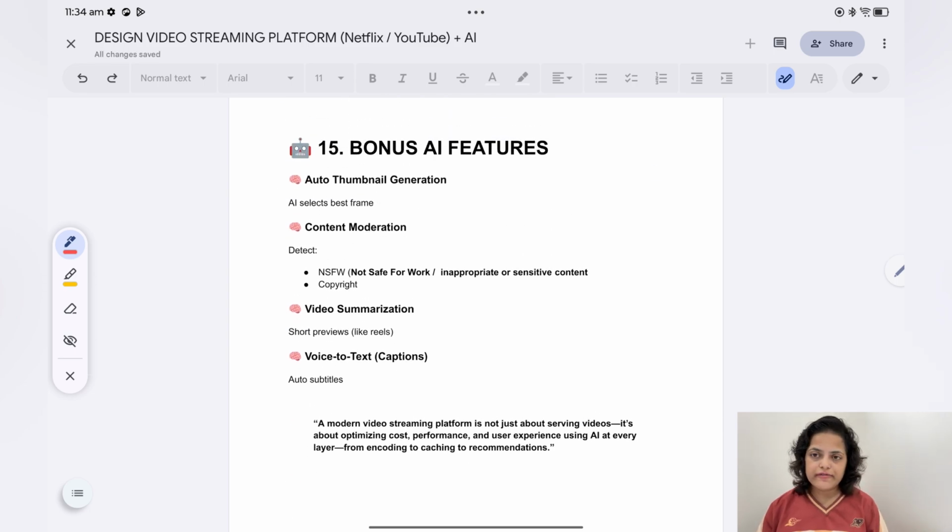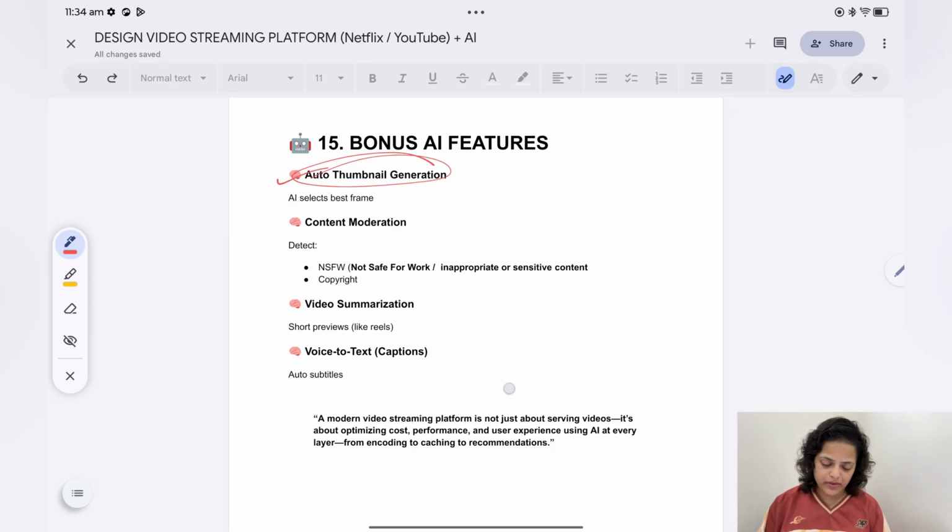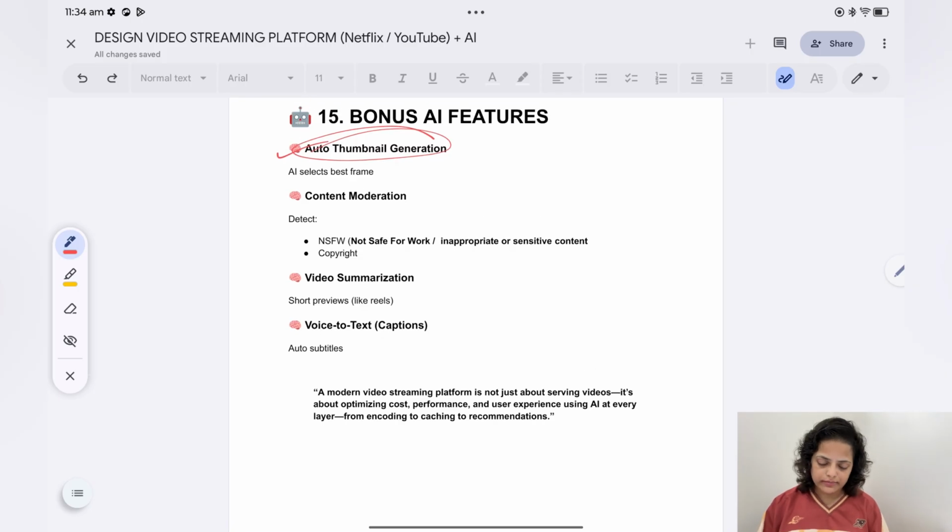Now bonus AI features, what we can add here. Auto thumbnail generation. This is what I told you, that it will create, let's say, 10 thumbnails and show them to different groups of users, and then monitor which one is getting more clicks. Content moderation: it will detect NSFW or copyright content.